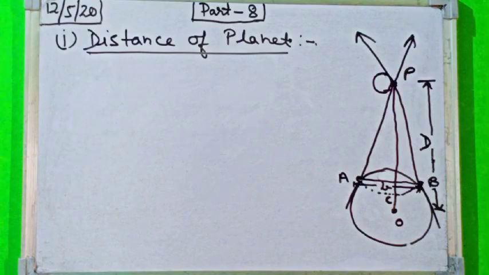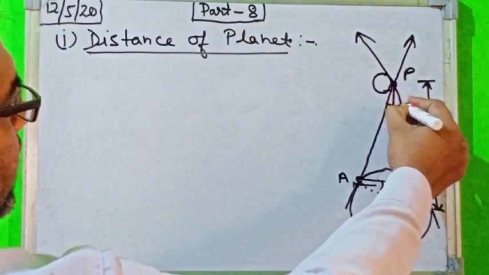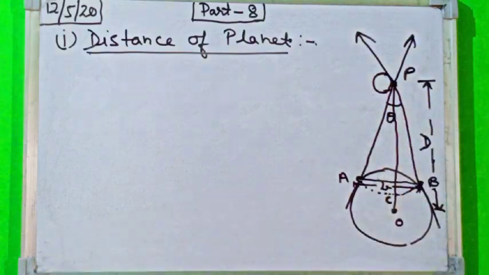So look at this diagram. This angle, that is parallax angle, is theta. First of all, I am describing this diagram clearly, and after that we are going on our calculation and use of parallax method